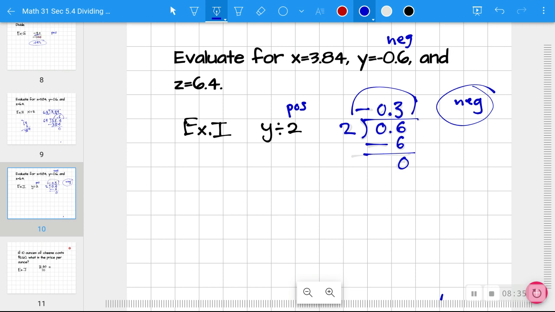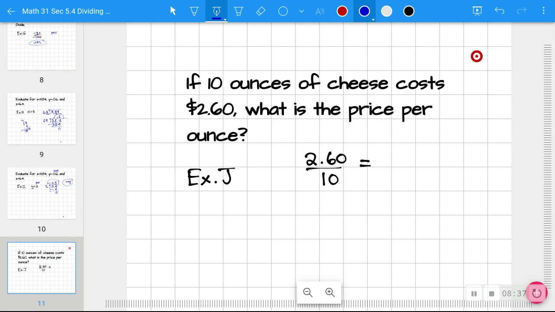Okay, one more example here. If 10 ounces of cheese is $2.60, what is the price per ounce? Well, you just take the $2.60 and divide it into 10 groups, and each group will be the price of a single ounce. So it's essentially 260 divided by 10. Well, dividing by 10 is easy to do. You just move your decimal 1 to the left. So it's 0.260,